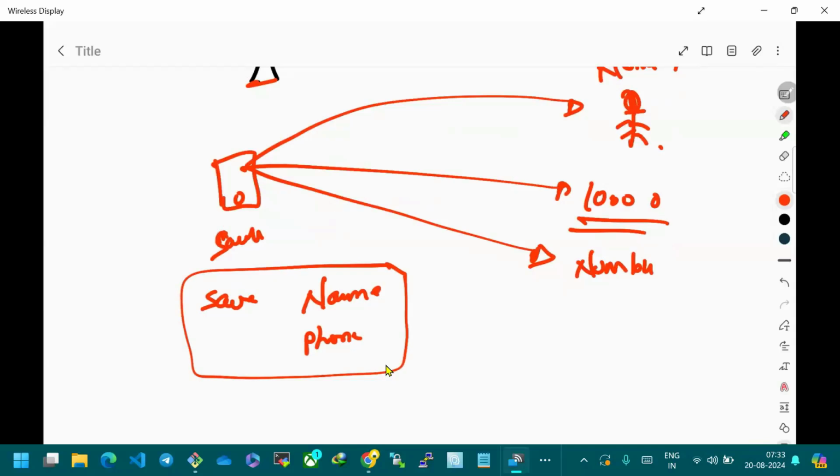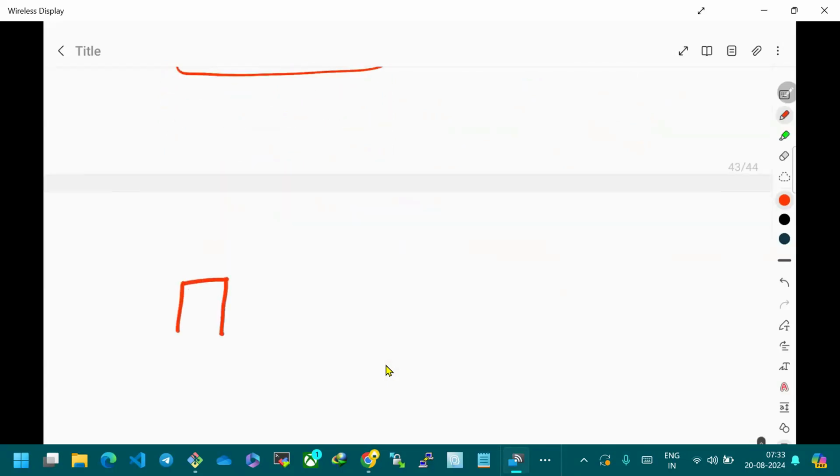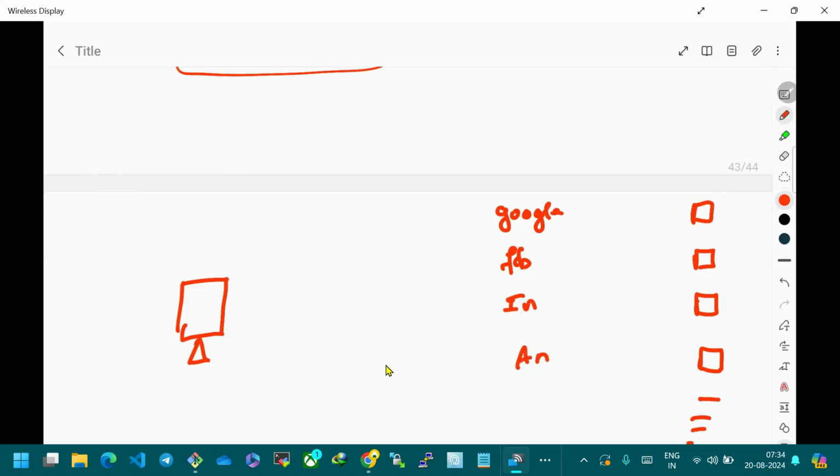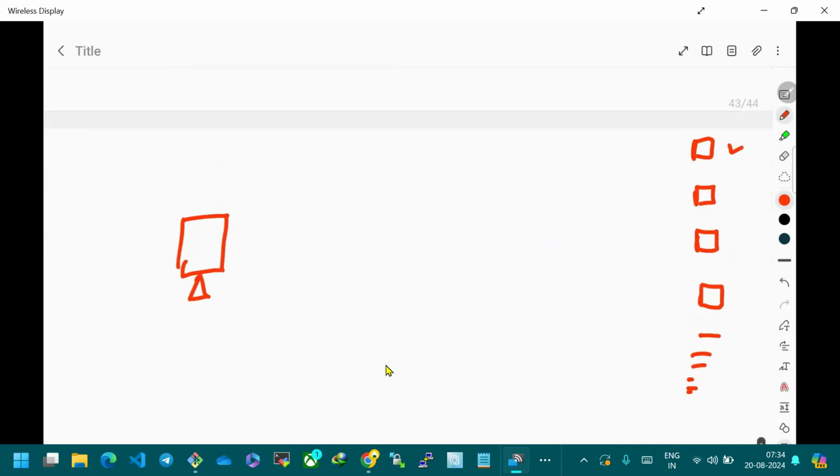Apply the same thing to your computer as well. See, this is your computer. And in the internet, you have thousands of computers or thousands of servers. Let's say this is google.com. This is one computer. Facebook.com is another computer. Instagram.com is another computer. Amazon.com is another computer. Just like that, you have thousands of computers on the internet. Correct? Now, is it possible to remember